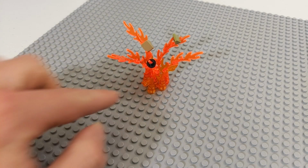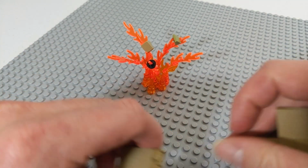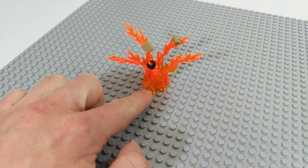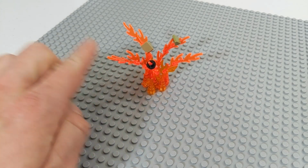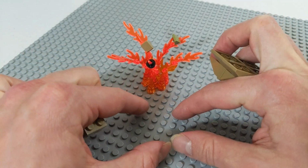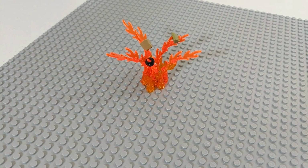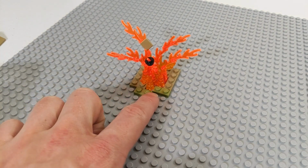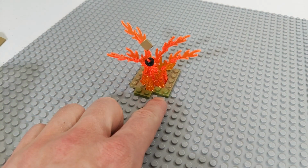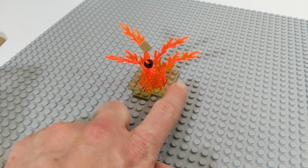The last part is going to be the terrain. I like to build, when possible, the explosion down into the ground, because if you have these trans orange cylinders just sticking straight up out of the terrain, it makes it look kind of weird, because an explosion explodes right from the ground. It doesn't come up 6 inches and then explode. So we're going to try and build this into the terrain. What I'm going to start doing is building a frame of plate around the explosion, and again, for this scenario, I'm going to be building on the planet of Utapau, so I'm using dark tan and